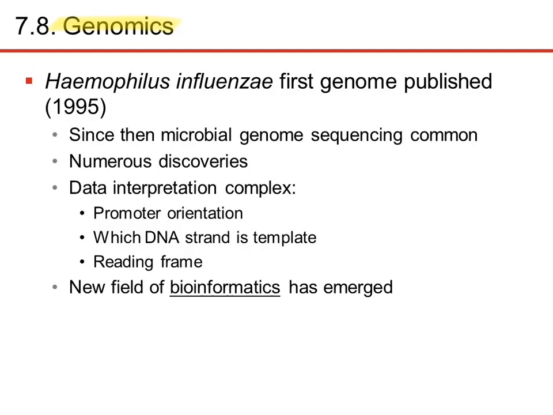The first organism that was sequenced was this guy, Haemophilus influenzae. The sequence was finished and published in 1995. Shortly, just a few years after that, the human genome was sequenced and finished, except we figured out we missed about 10% of the genome about 5-10 years later when we went back and looked at it. So they've wrapped that up again. But Haemophilus influenzae was chosen because it's a